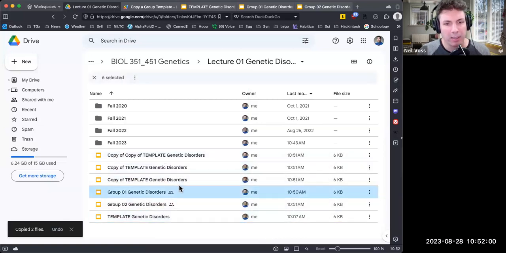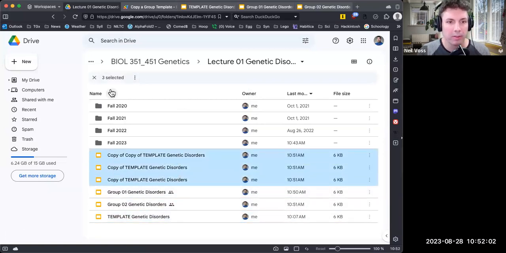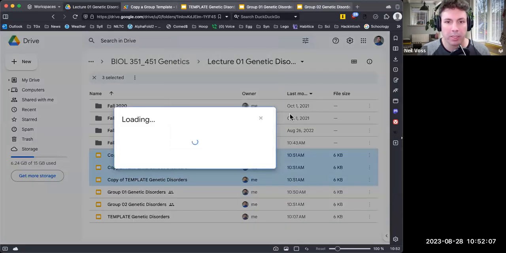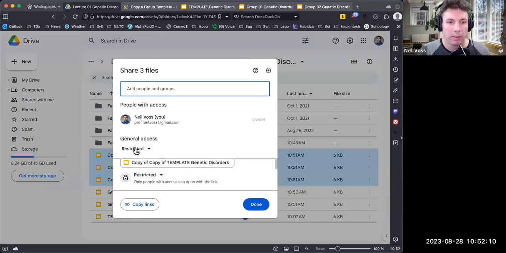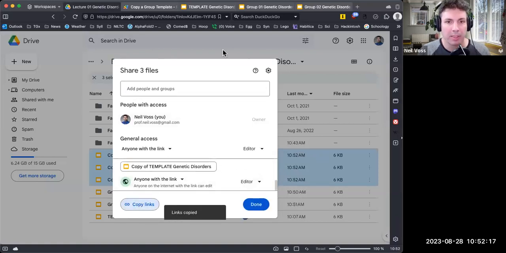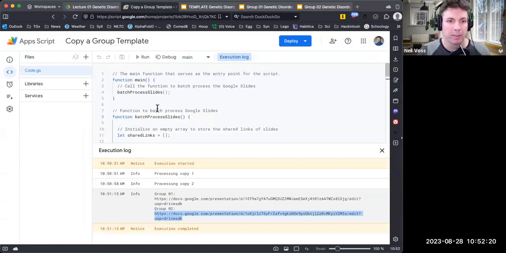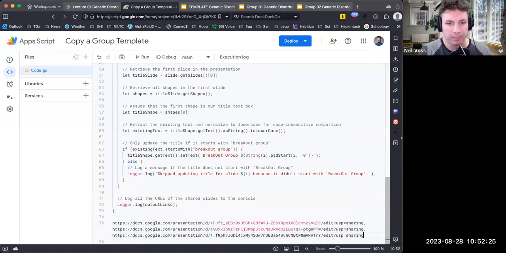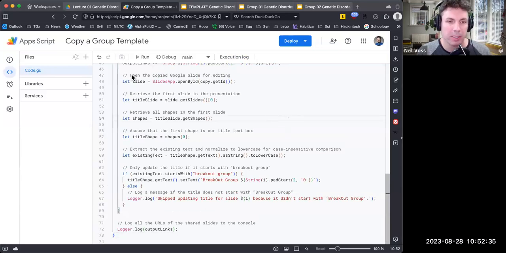And then, sharing wasn't too bad. You can do this, and then share, and say I want this to be anyone with the link can edit. So that was fine. But then when you copy the links, it comes up all goofy. I'll just put it in here because it's easy to see. The copied links would be all out of order, and so the group 1 slide would be named group 2. It was almost like a random shuffle over the order of the links. So this process saves me a lot of time. And I hope maybe it's